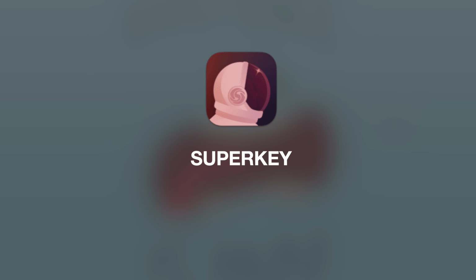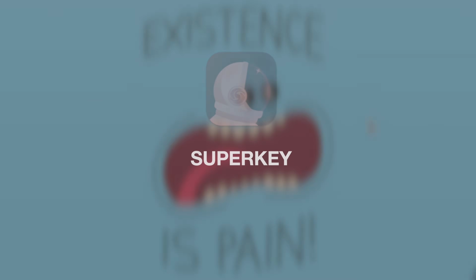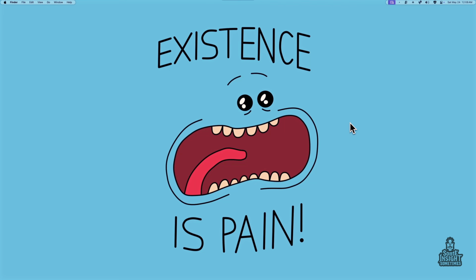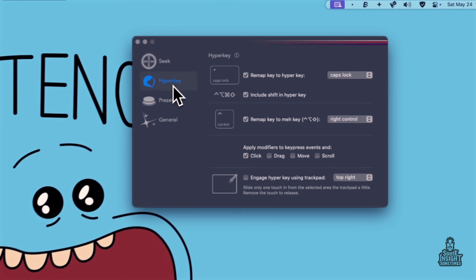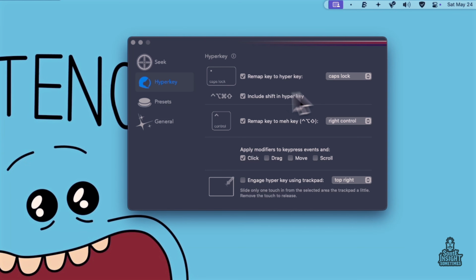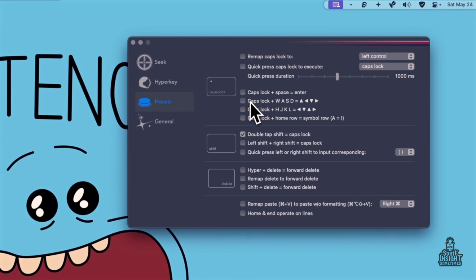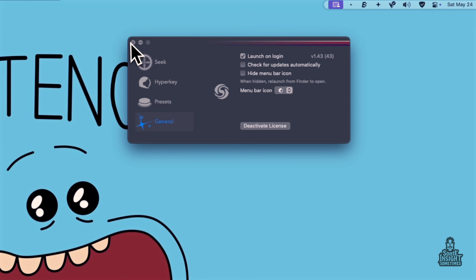9. Superkey. The Caps Lock key is pretty useless for most people. Superkey lets you use it as a multi-key touch for Shift, Control, Option plus Command, which doesn't get used as a shortcut in most apps. You can still use a double tap on Shift to get Caps Lock on and off. I use this function with other keys to make app shortcuts with the next app, which is